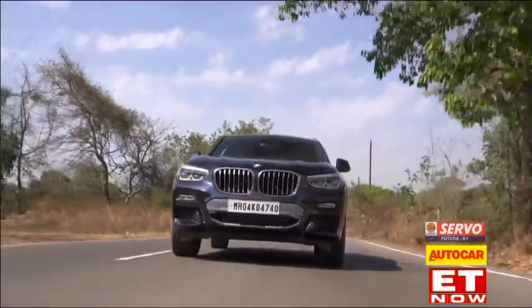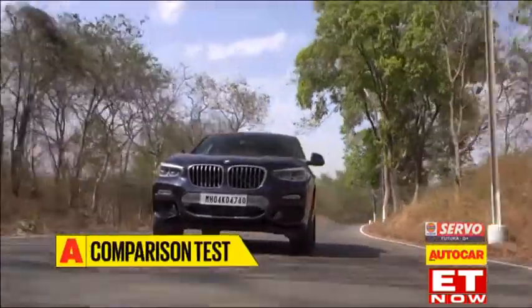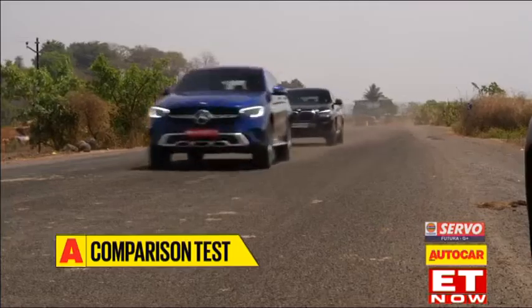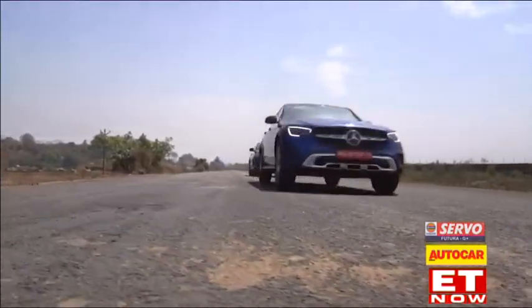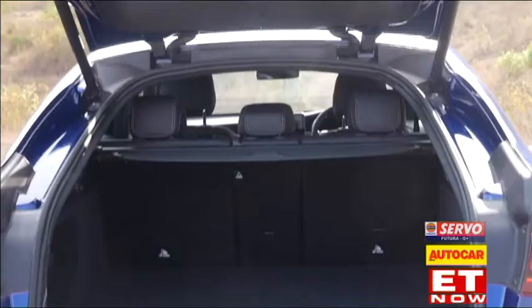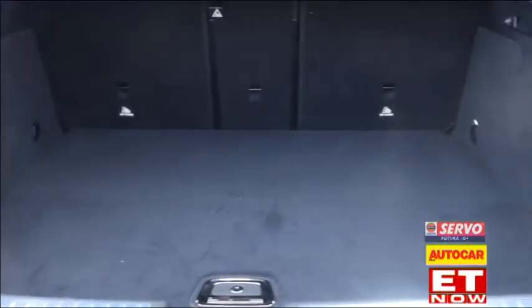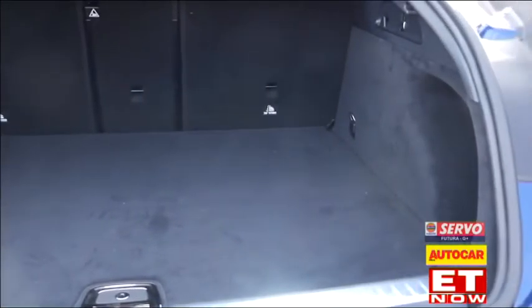So on the driving front, the BMW has a clear edge, but these are still SUVs, so practicality does play a role. They both have all-wheel drive and more than enough ground clearance to handle a rough trail. Both have boots that aren't quite as big as their regular SUV counterparts, but that can still take at least one big suitcase and maybe a few smaller ones too. And when it comes to the back seats,